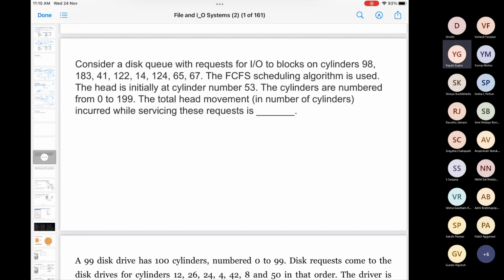Can you solve this? Okay, so your tracks, they are also called cylinders. They are sort of synonymous. So don't get confused.